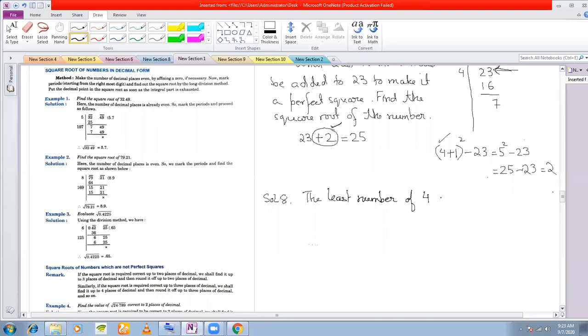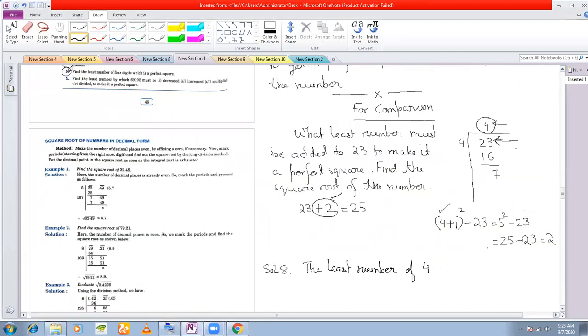And also one more thing that you must see here is, what is the square root of the resulting number? We are getting 25, right? So what is the square root of this 25? The square root of 25 is 5. Is this the quotient 4, plus 1? Yes, 4 plus 1. That is what you must notice here.